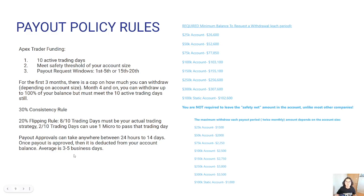Lately, because of the whole change in the institutions, from Deal to Wise to all the bank stuff, they did kind of go above the 3 to 5. It was, I don't know, a couple days more past that, but I think they are starting to come back down and get everything back in order again. So right now it's a little hard to tell you what the real average is because of the new changes